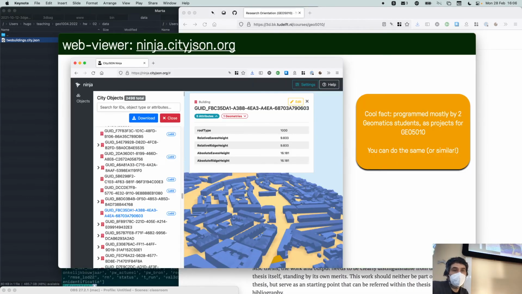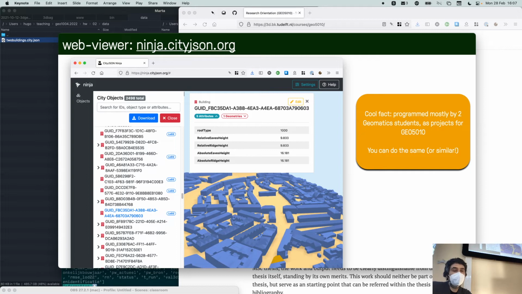The first one is the web viewer that's called Ninja. It was started by 2 students. We said, can we show our 3D models on the web? So one student started to work on it, another student took over, then we took over the project. We called it Ninja. It's developed by Stelios Vitalis, I think, who gave you the Git course. That's what he did during his PhD partly. So now we have a full viewer on the web.